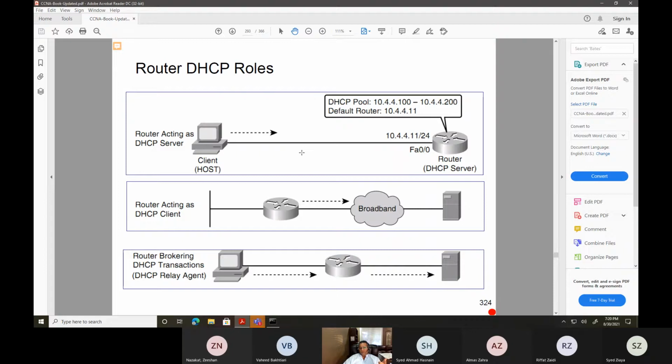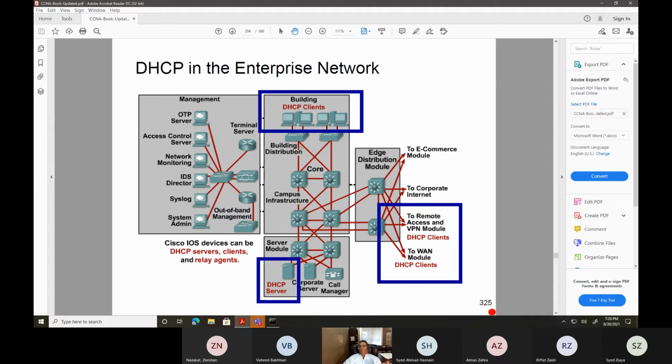So this is exactly what we're showing you here. This is another way of looking at it. In enterprises, you will probably have one DHCP server here, and all these devices are going to try to get an IP address from it, right? In a big environment you might have one primary DHCP and a secondary DHCP, and they are both syncing in the background to make sure that nothing gets overlooked or overlapped. So if the primary goes down, the secondary takes over. So in a big environment you need to have a primary and a secondary server.